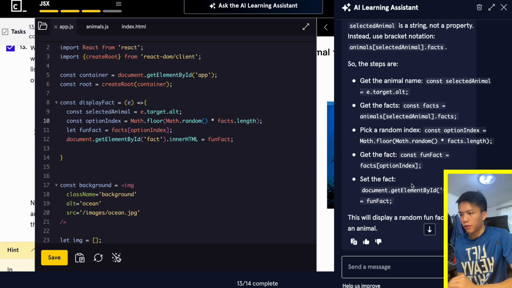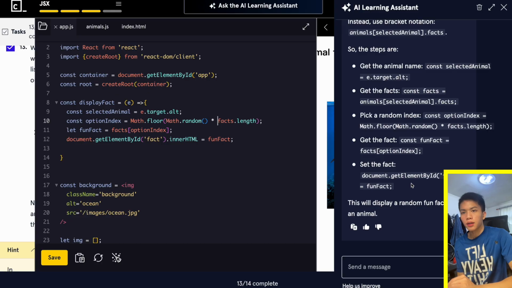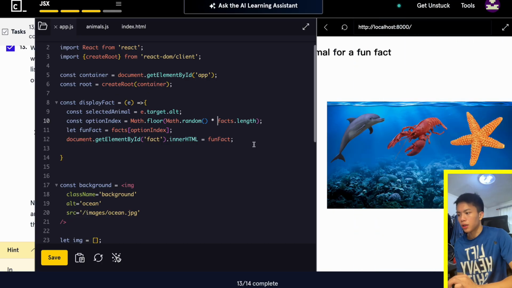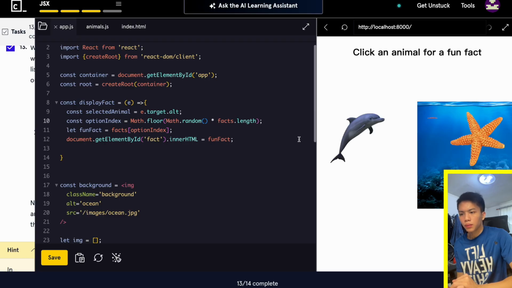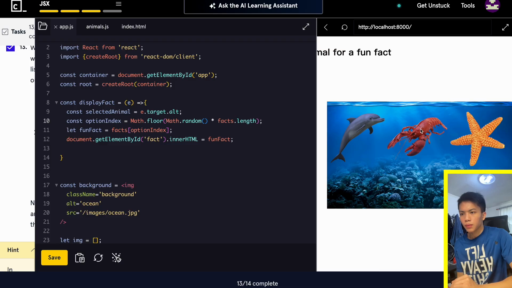Set the document fact equal to funFact. Okay, let's try this again. Still